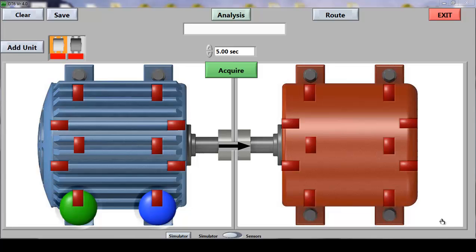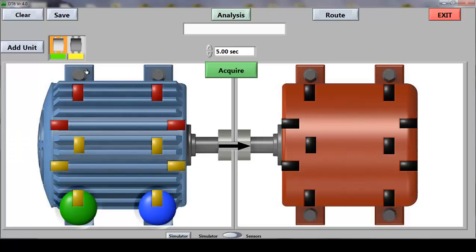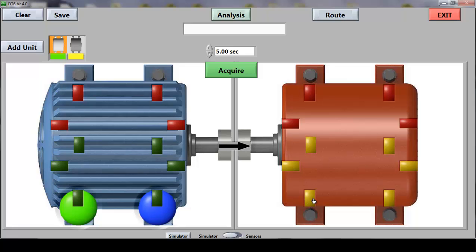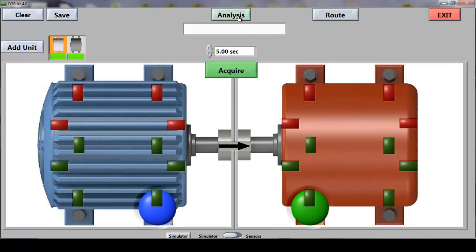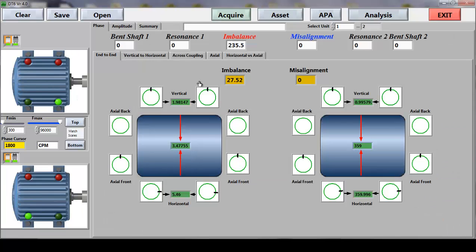To illustrate the value of phase, a critical piece of the full equation that you simply cannot get from an FFT or a time waveform in the same way, we'll use the simulator input. We'll go ahead and take some data, move to the next unit, go back, and we'll go from green to yellow to synchronize all units. Now we've taken all the data, and yes, we do have the full balloon diagram filled out for you